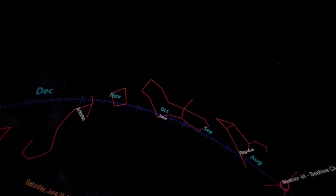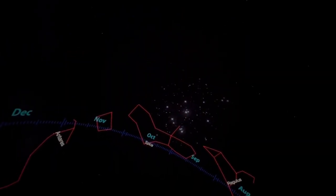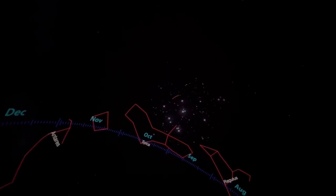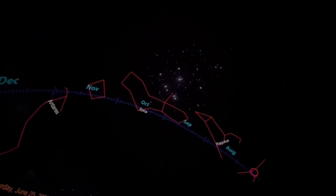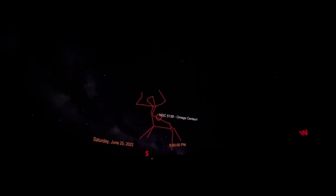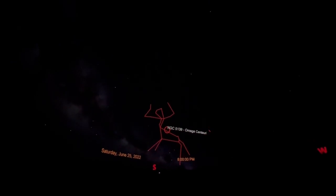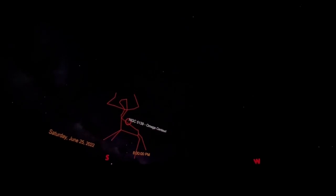And in the western part, in the constellation of Cancer, there is an open star cluster called the Beehive Cluster. Even with a small instrument, you are able to see such a nice view. Then, in the south, in the constellation of Centaurus, to the naked eye, we are able to see a cotton ball like hazy thing, and the object is Omega Centauri, because initially people thought it's a star, but later on,